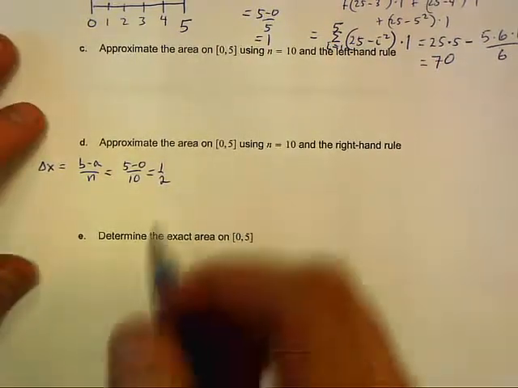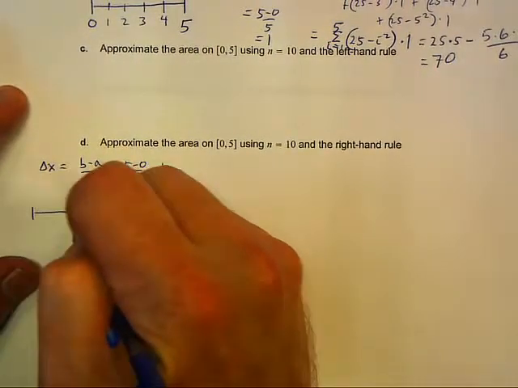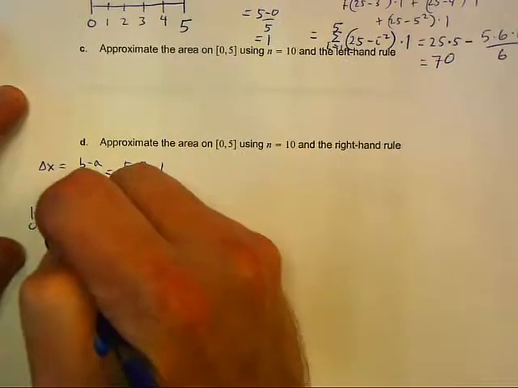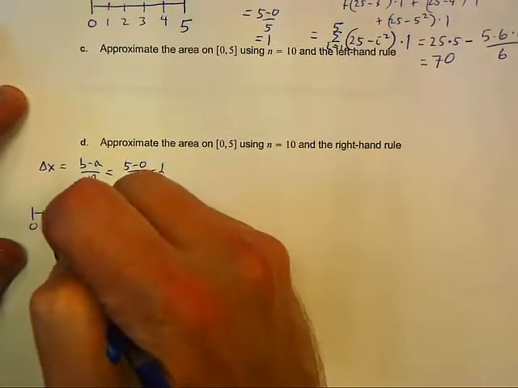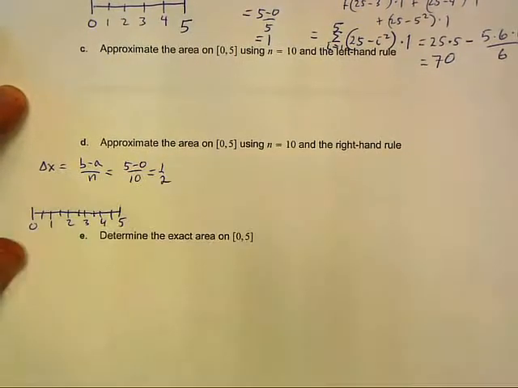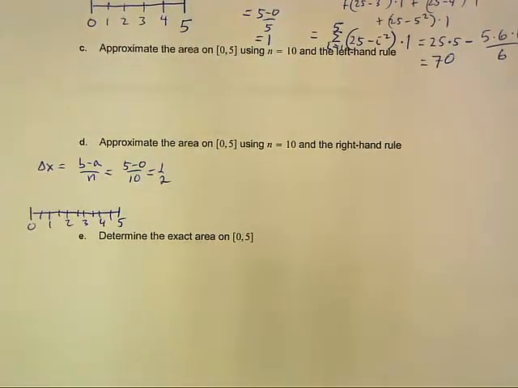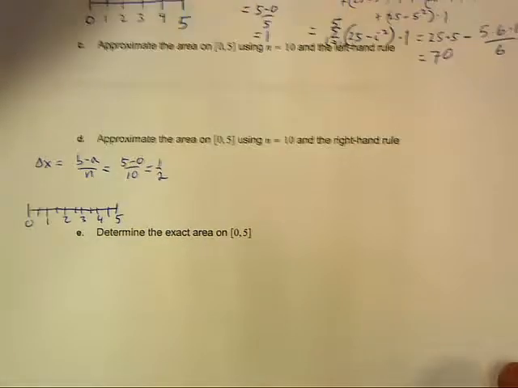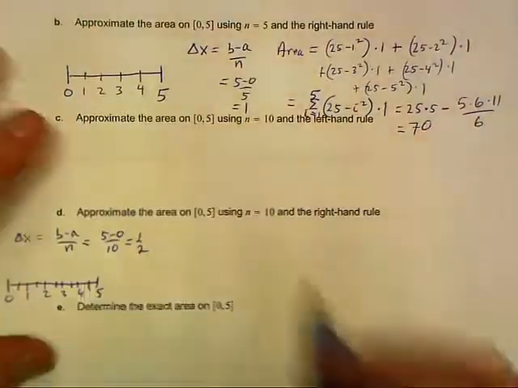Okay. So we're going to start at 0. We're going to go to 5. But this time we have to go by halves. 1, 2, 3, 4, 5. We'll go by halves. I didn't mark the halves down. Okay, so our answer would be our area